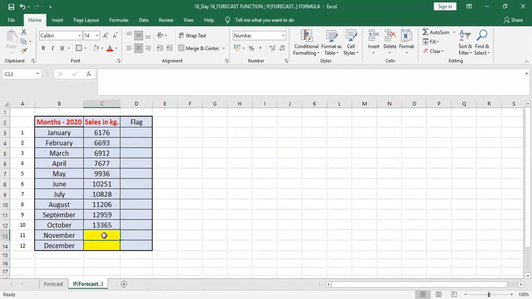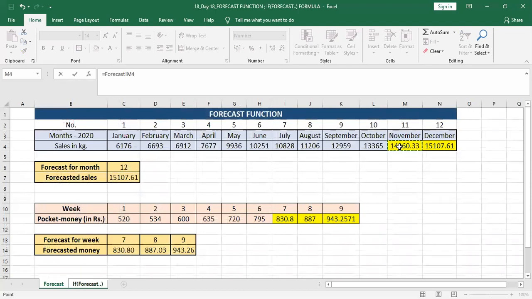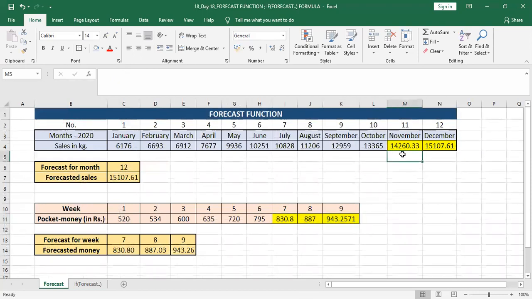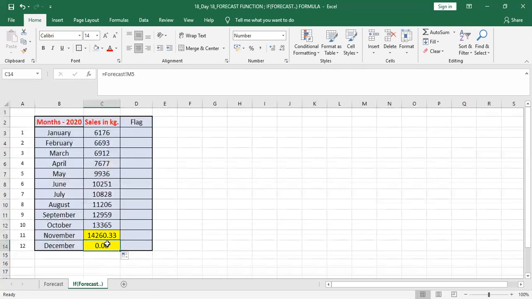So right now what I'm doing is I'll just grab the value from the last sheet. To do that, I'll have to press equal to, because it's the same example, and then I'll go to forecast, and I'll just click here, enter. So I'll get the forecasted value, and then I'll just drag it, so that, see, I'm not getting it because M5 does not have a value, but rather N4 has, and that's why I have to press N4, and see, that's it.